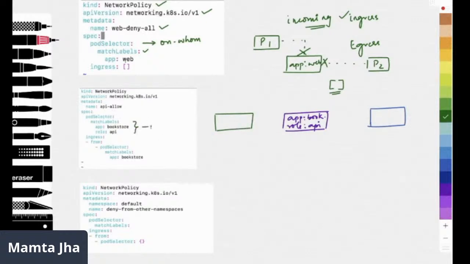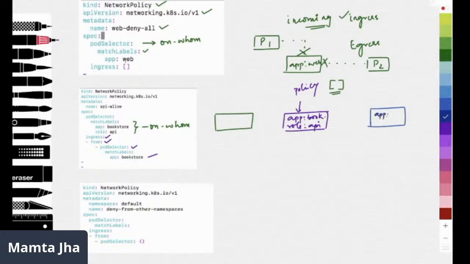So here, on whom is it applicable? This policy is applicable on the pod which is labeled as app bookstore and role API. So the policy is actually applied in this. What is the policy which is applied? It is saying I will accept packet Ingress from PodSelector app bookstore.